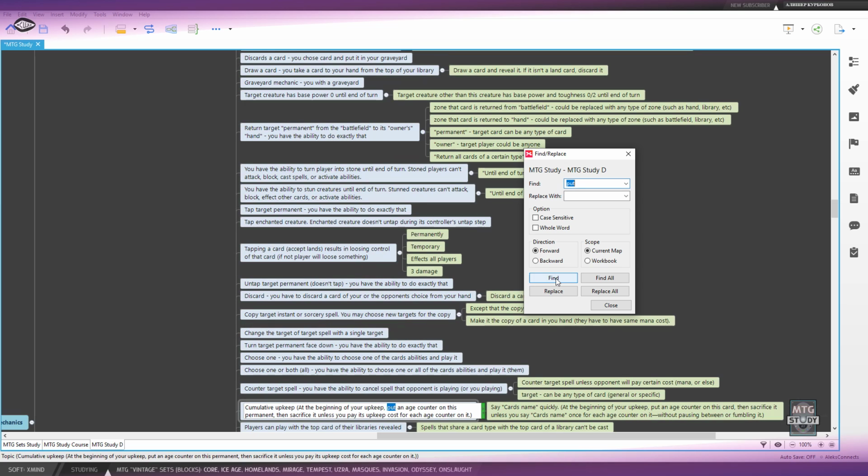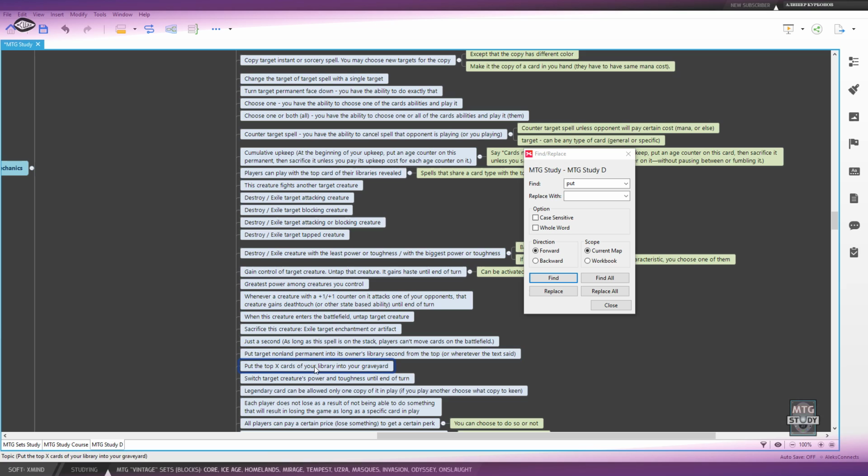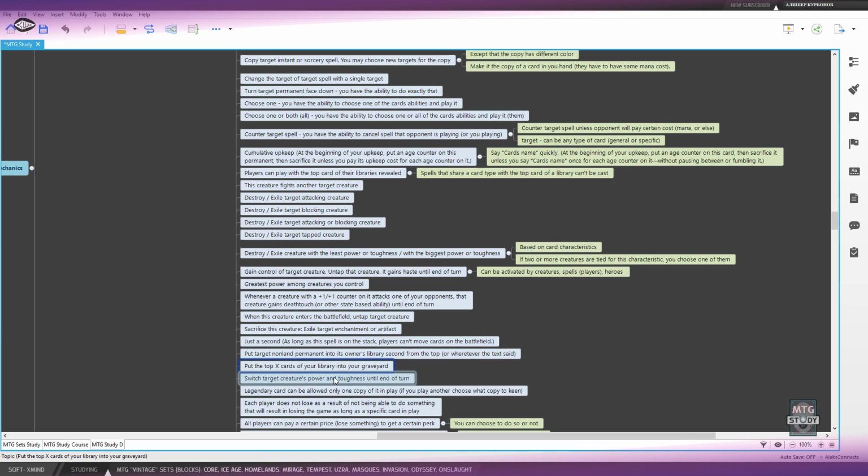And discard your card. At the beginning of put edge counter, put target non-land permanent into its owner's library second from the top. So here it is. So yep, we actually have it. Put the top X cards of your library into your graveyard. So let's just add additional information right here. Put the X cards of your